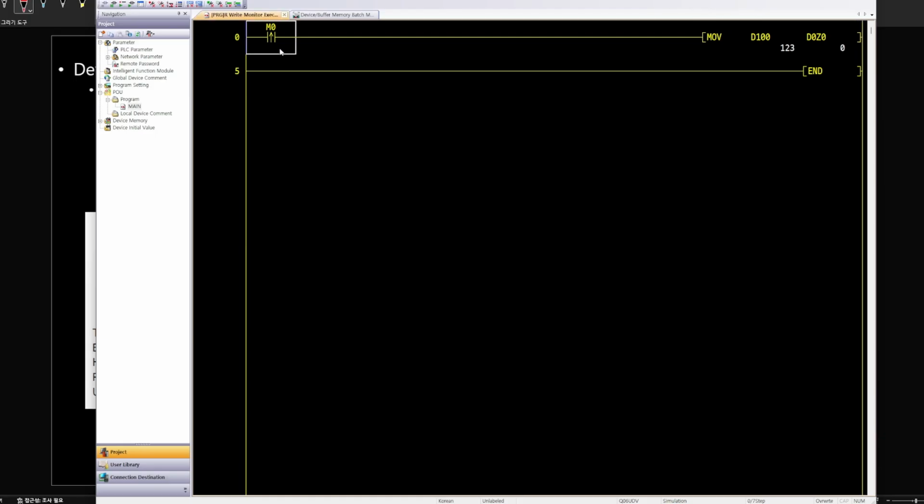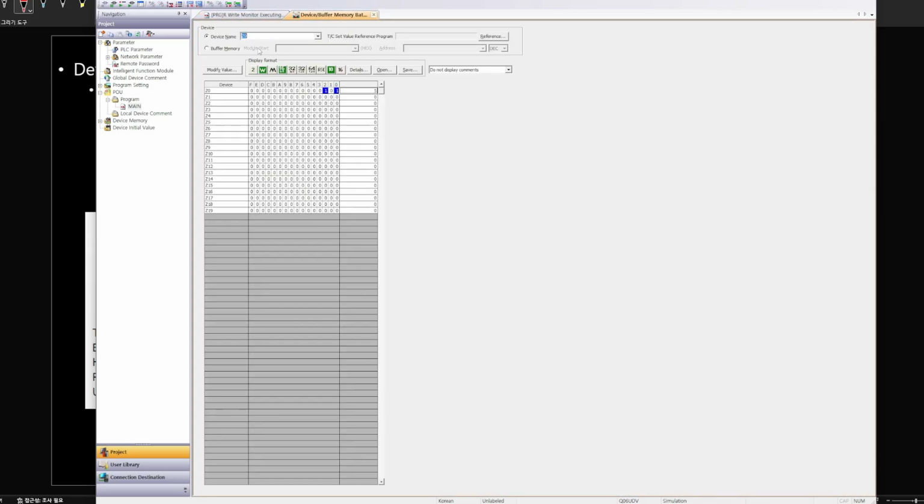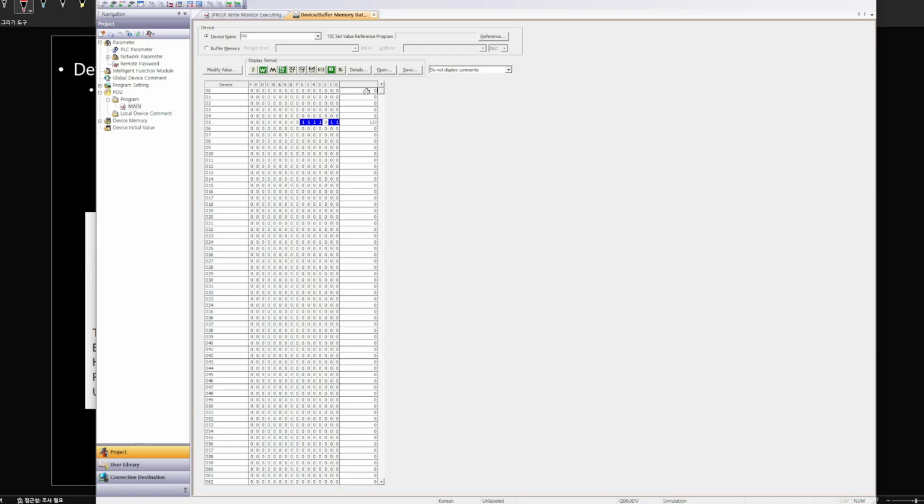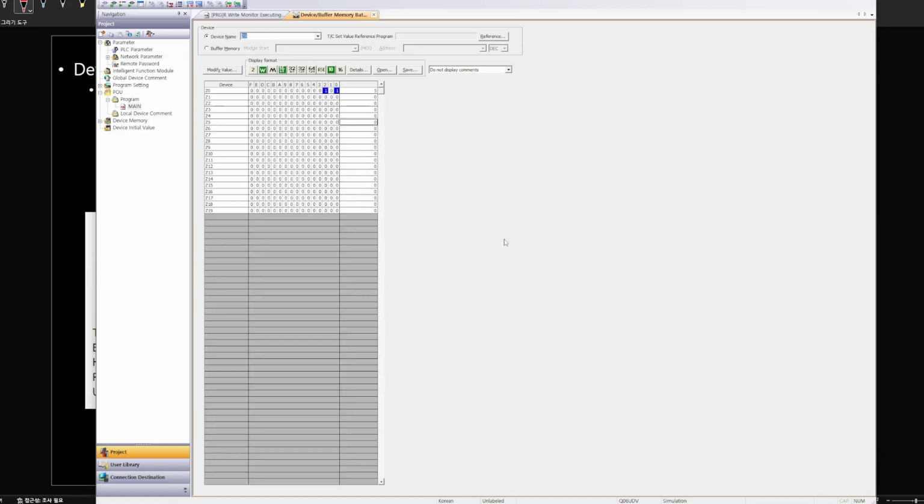The displayed value is that of D100. But shall we check the device monitoring? The D0 is 0. The actual value is input not into D0, but into D5. As mentioned earlier, since the content of Z0 is 5,